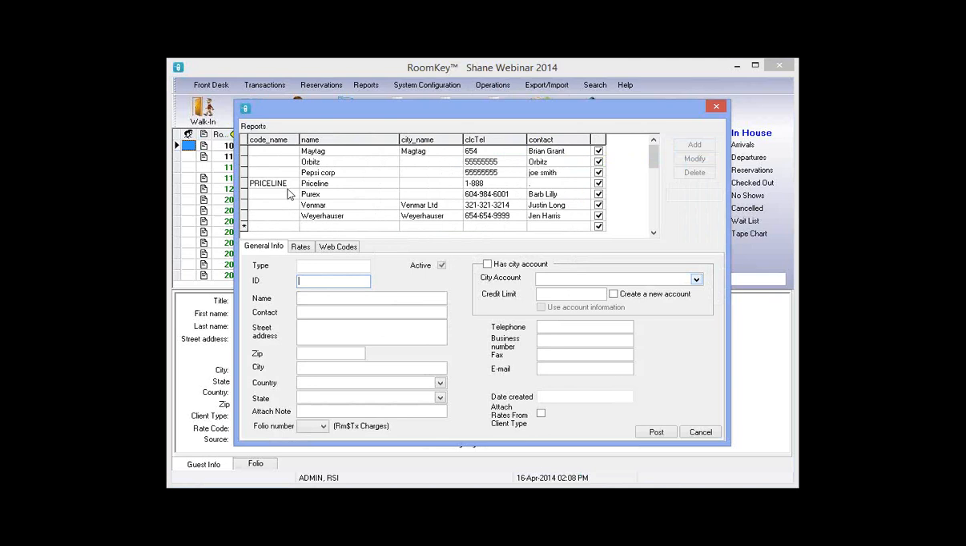If you are getting a GDS interface or a Quick Connect interface with us, any of the companies that are going through the interface for the GDS or Quick Connect will require a code name. So for example, my Priceline account up top, see how it has a code name. But for any internal companies, we do not need that. So here we're going to put in our company,